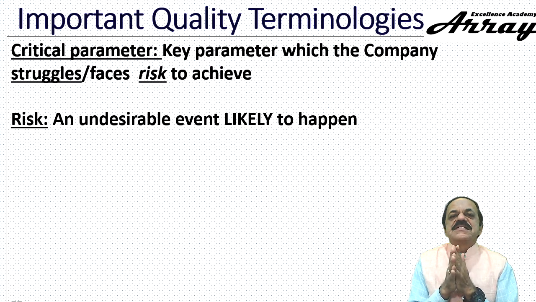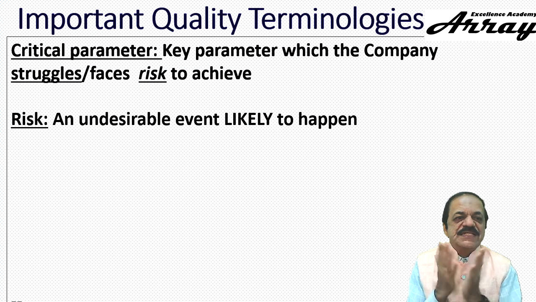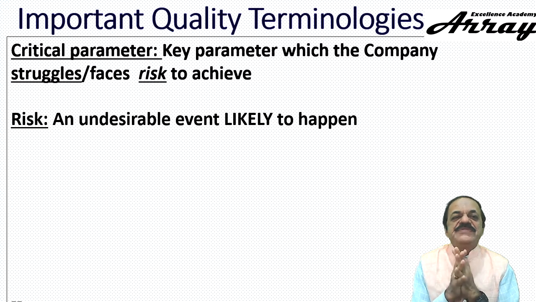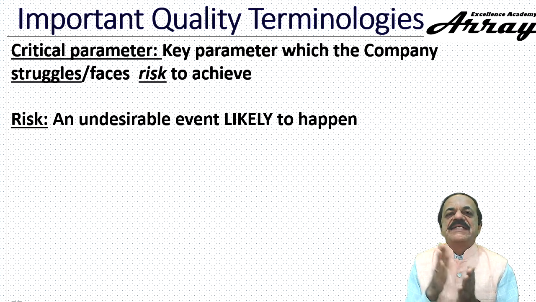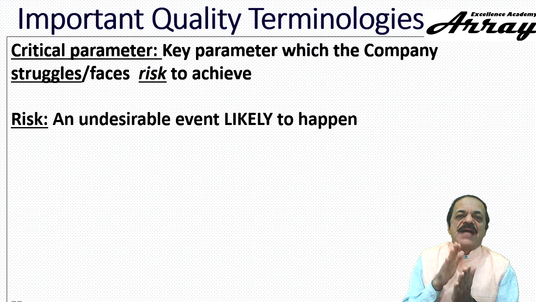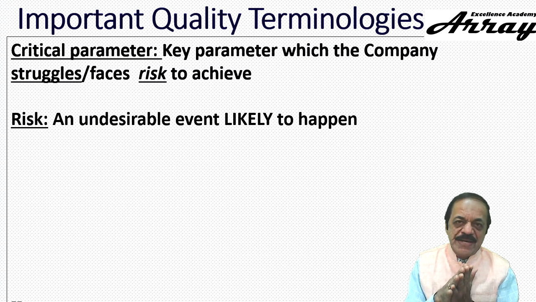Critical parameter needs a control chart, control plan, and so on, which we will discuss later. Now, what is risk, which we use in critical parameter, risk to achieve? What is a risk? Risk is an undesirable event likely to happen. If it is going to happen, then it becomes part of your work instruction to take care of that, or